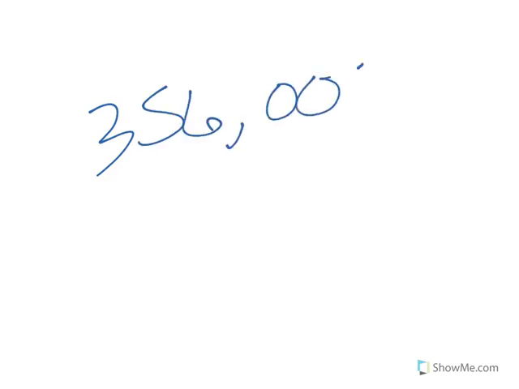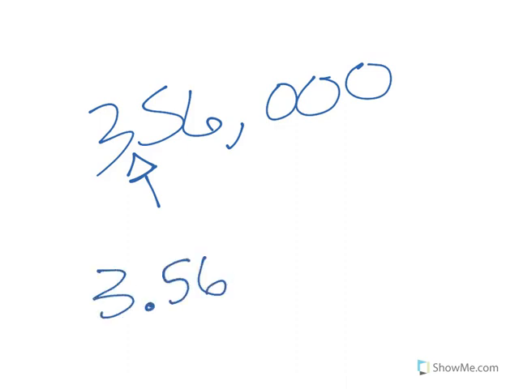Now the other thing that we will be doing is going the opposite way. So if we have a number like 356,000, we want to put that into scientific notation, we have to go backwards. So what we always do with scientific notation is we have to put the decimal in between the first 2 numbers, right there. And we're going to make it into a decimal. So we're going to change 356,000. We're going to put the decimal there,